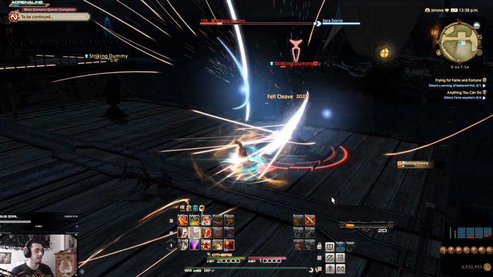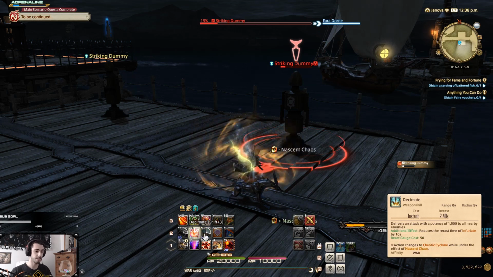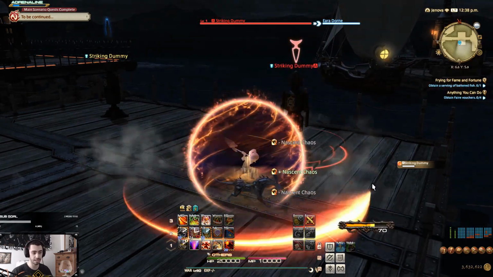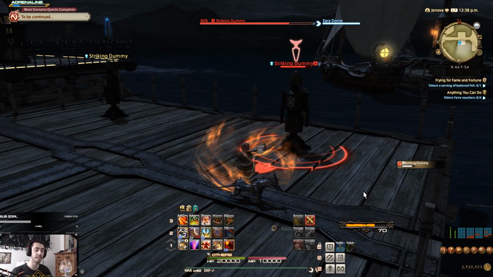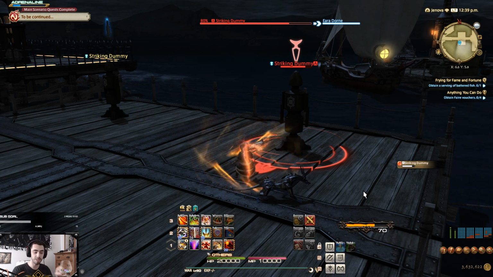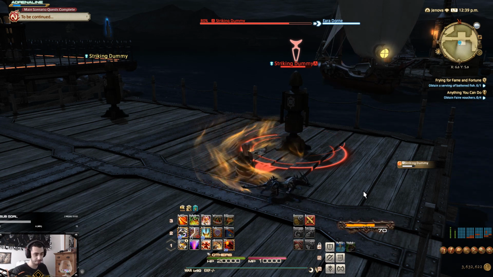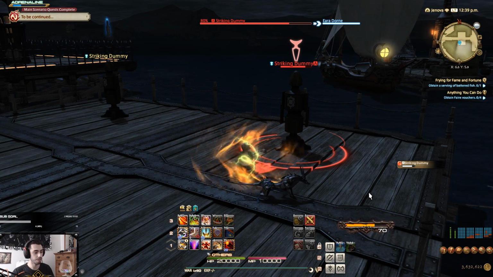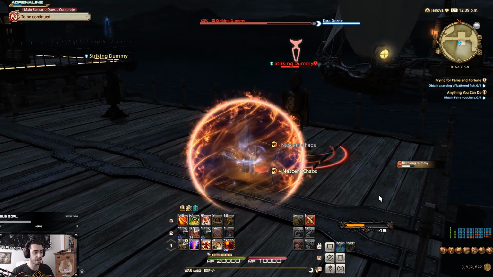Now Infuriate gives you Nascent Chaos, which can either be used on Inner Chaos or on Chaotic Cyclone. Again, Inner Chaos being the single target, Chaotic Cyclone being the AoE. Now, besides just doing more damage, you might have noticed that those two abilities actually give you rage as opposed to taking rage. So you can do something like use a Fell Cleave, boom, Inner Chaos, get 25